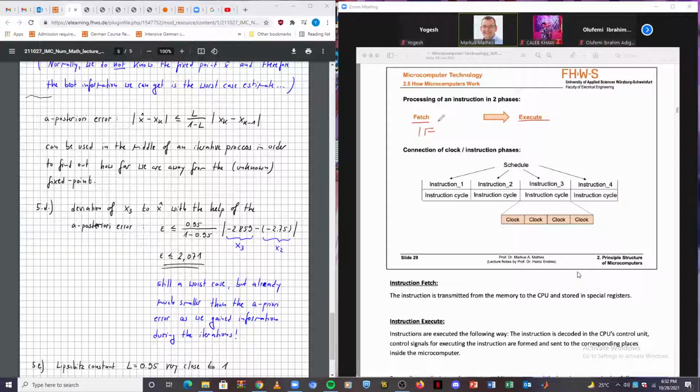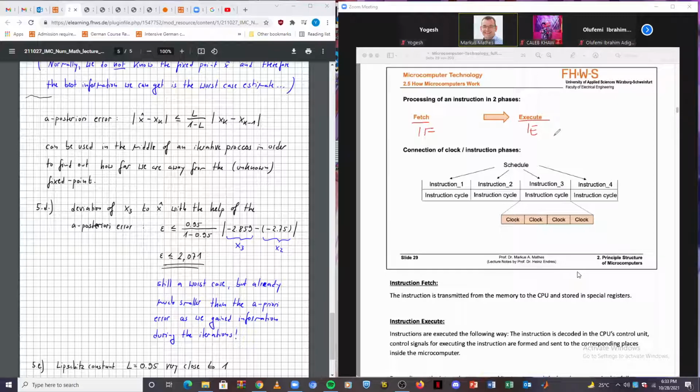So this means reading the instruction, and after you have read and interpreted the instruction, you can execute it. That means the CU creates the necessary control signals to, for example, realize an addition, or realize an exclusive or, or do something else. So you always have two steps: fetching, execution,